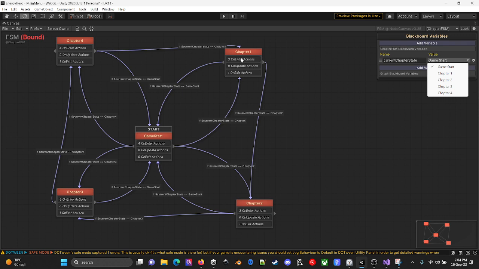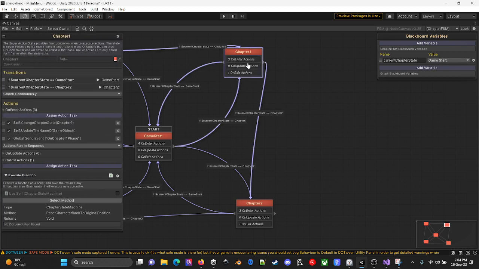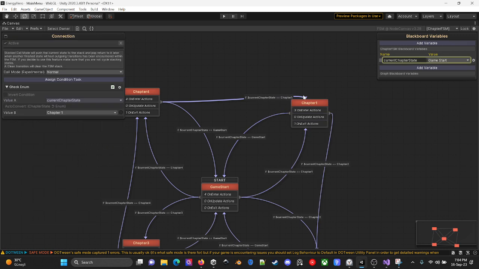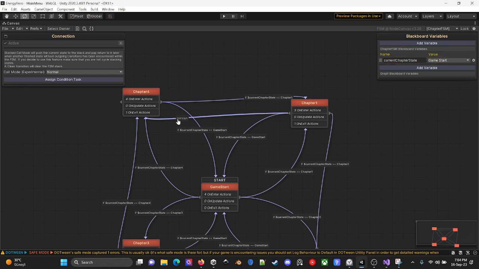It's only a one-way connection. So if I change this connection like here, or maybe add a connection like this from chapter 1 to chapter 4, as if current states